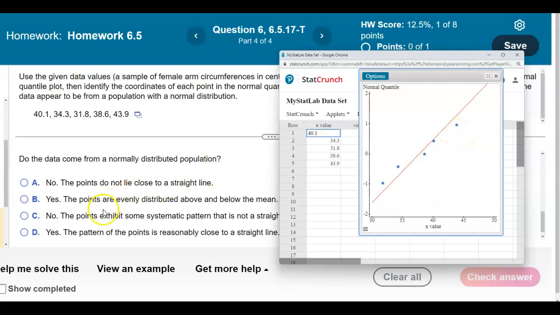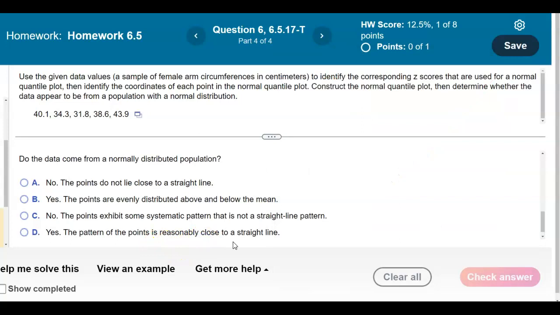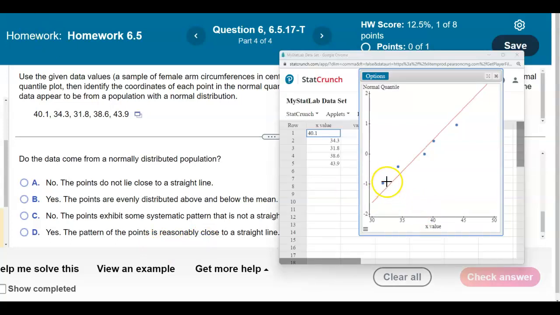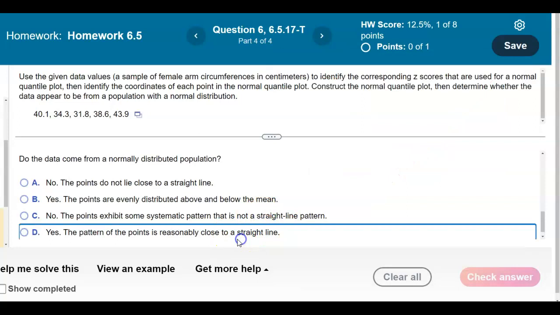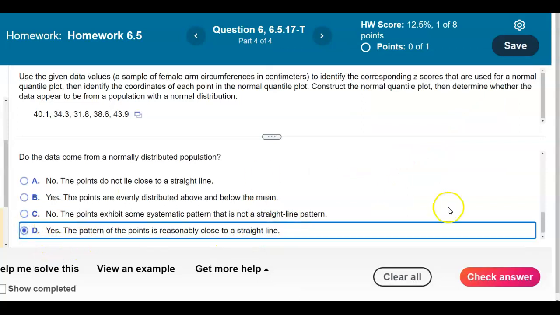So we're going to say yes, the points are evenly distributed above and below the mean, or we would say that yes, the pattern of the points is reasonably close to a straight line. Remember, we are concerned with the general trend of these points, not the exact. So in this case, we would say that these points are reasonably close to a straight line. Therefore, our answer is going to be